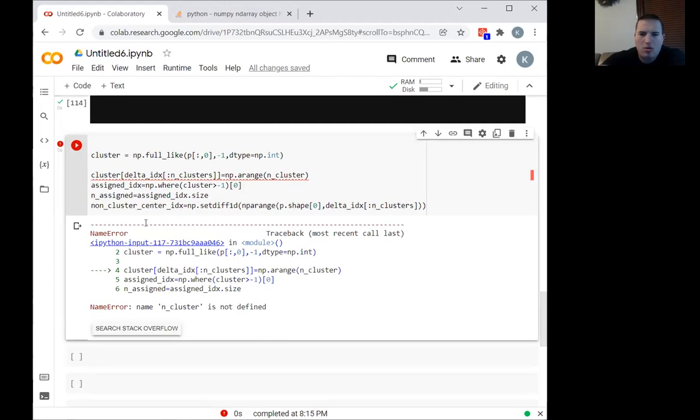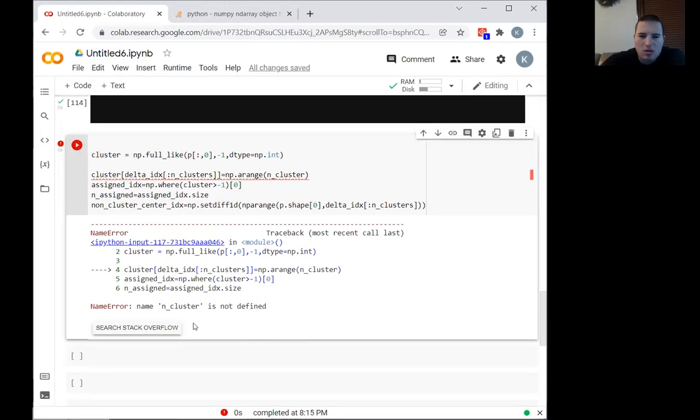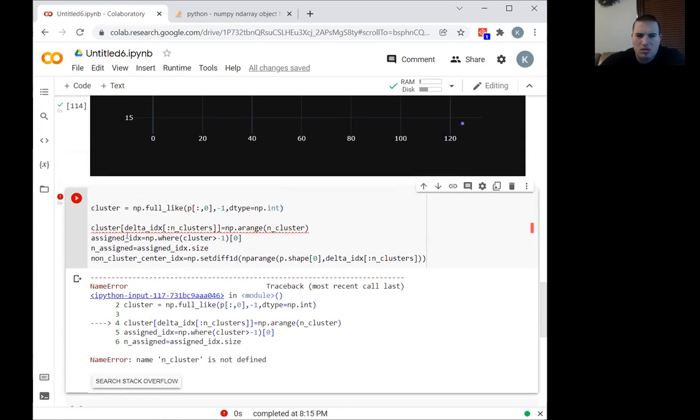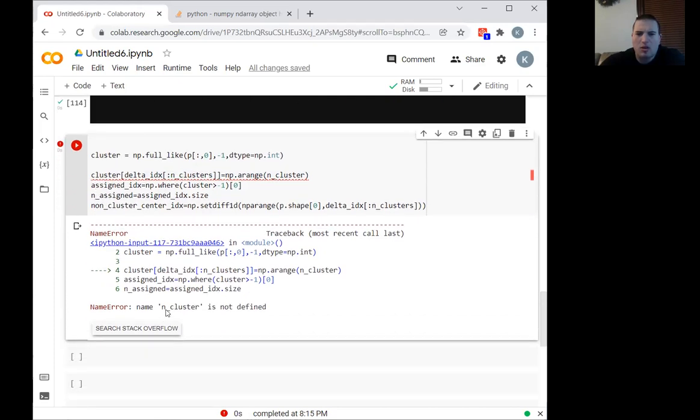Now, oh, we're getting closer. Name in though in cluster has not been defined. Okay, that's because cluster. Okay, so somewhere I have